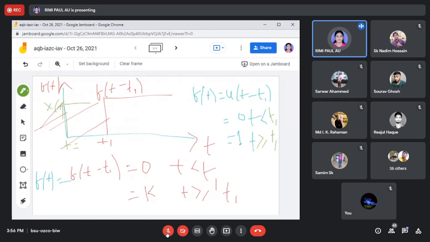So you have to remember, whatever signal starts from t is equal to 0, be it a unit step, ramp, impulse, whatever, every signal will start from t is equal to 0. But if the signal is shifted either right side or left side, and I can see that this signal does not start at t is equal to 0, rather it starts at t is equal to t1 time or minus t1 time, ঠিক আছে, then I can say that this is a shifted step signal.